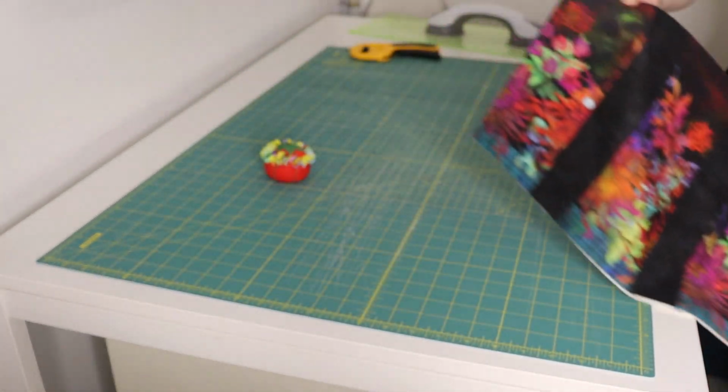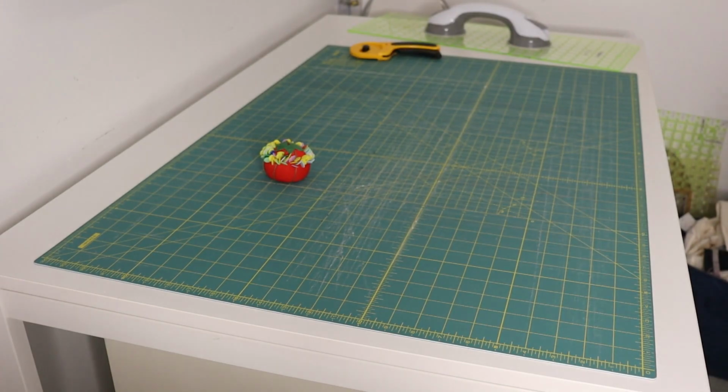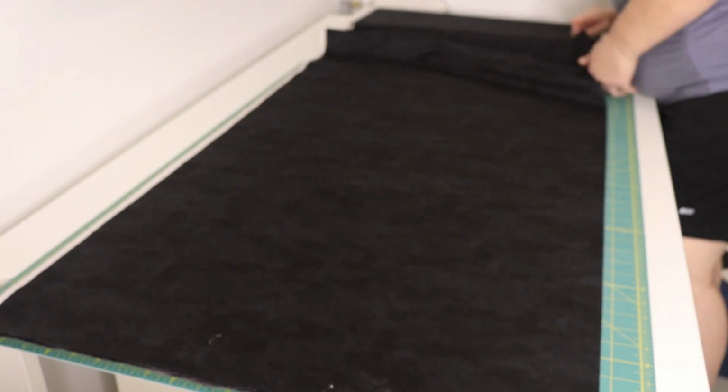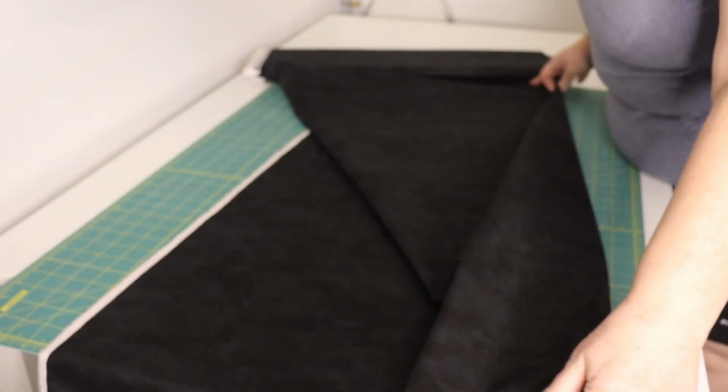Batting is on. This is out of the way. We're done with this. This is actually going to go sit and wait for me back by the machine. Okay. So when you're doing backing on a self-binding quilt, you need to make sure your backing is at